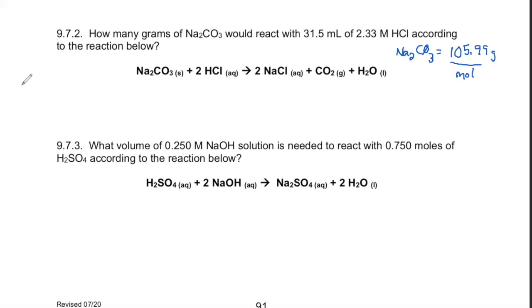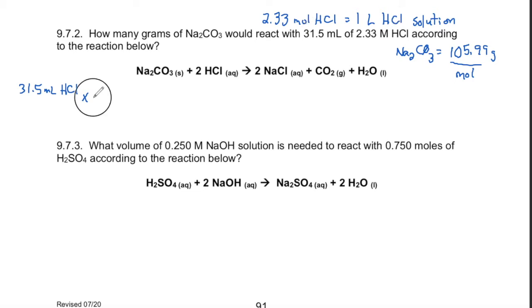Alright, I've gotten a little bit more room here and calculated the molar mass of sodium carbonate. So we're starting with a volume of solution, 31.5 milliliters of hydrochloric acid. And then we know the relationship between moles and liters. So let's go ahead and get this milliliters to be liters. So now we have liters of hydrochloric acid solution. Now we can convert to moles. So after this step, we have moles of